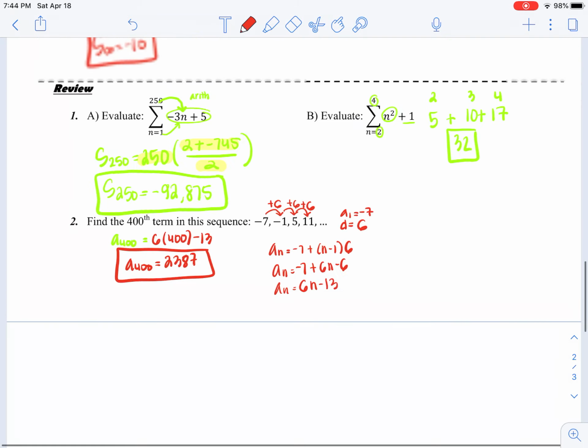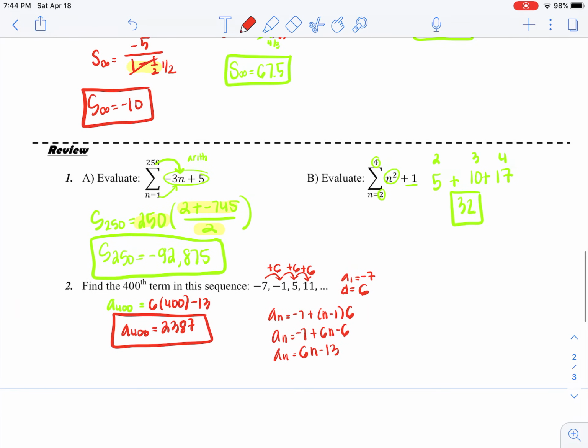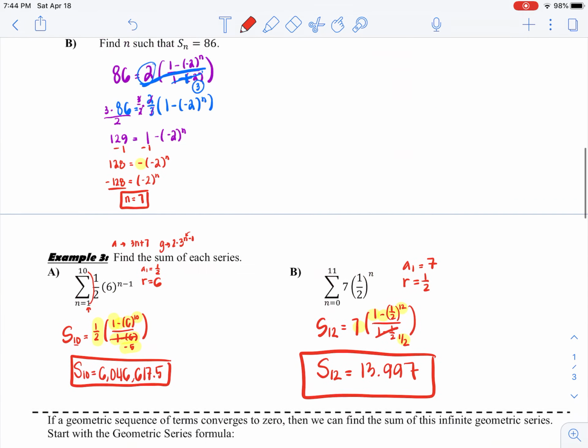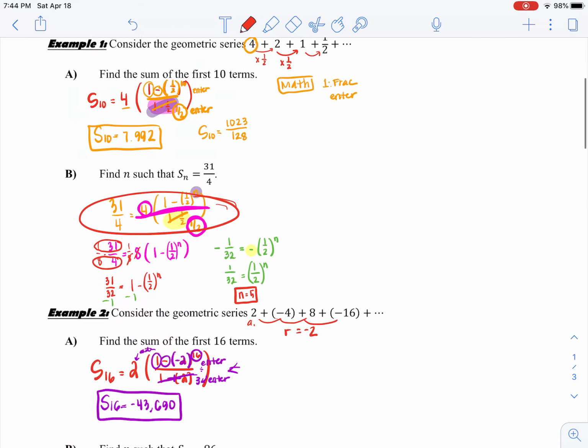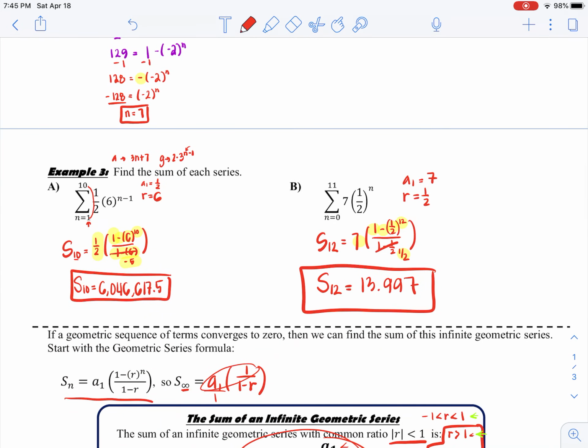Okay, so hopefully that wasn't too fast for you. I tried to speed talk, but that is our notes. If you need to rewind and look at anything, feel free to do so, but go ahead and get